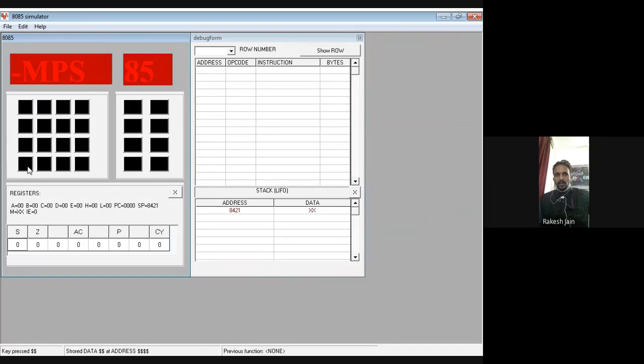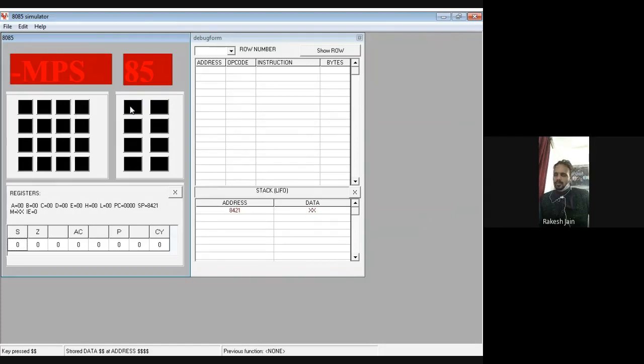So remember once again, because it's shown in front of you like a blackish image of the buttons. First of all, I am telling you the buttons' names once again. This one is 0, then 1, 2, 3, 4, 5, 6, 7, 8, 9, A, B, C, D, E and F.